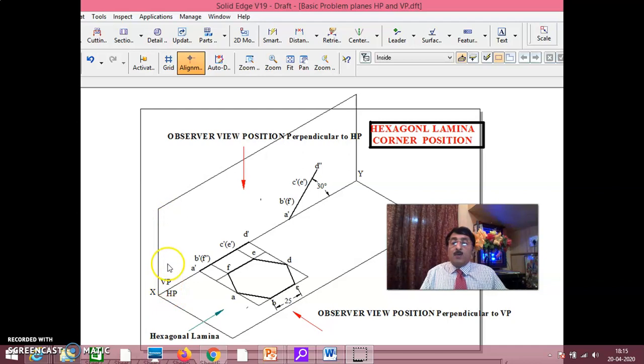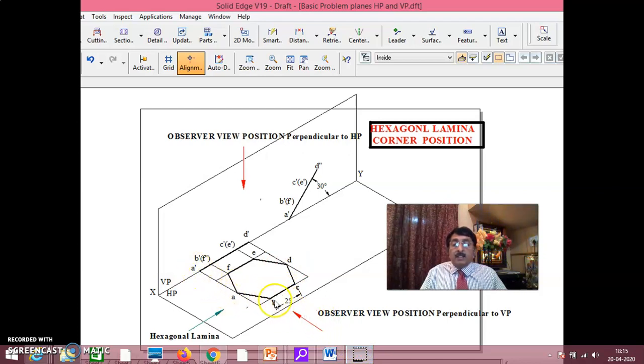Above this is the vertical plane. You can clearly see the vertical plane. This is the horizontal plane. Can you follow? This is the hexagonal lamina. Now the observer is looking from here to get the front view. The observer is looking from here to get the top view. Now when you change the position in this way, when you're looking from here, the left corner is A